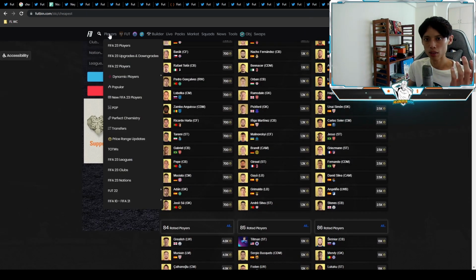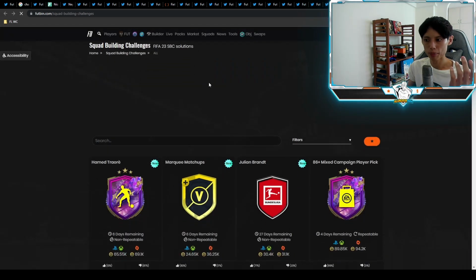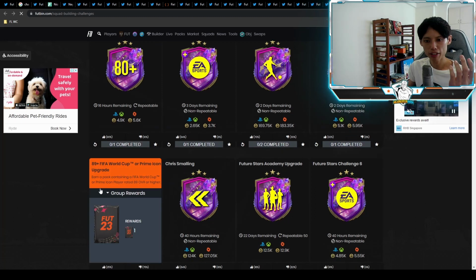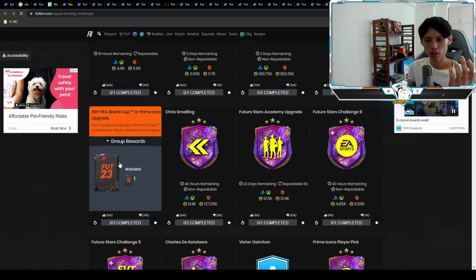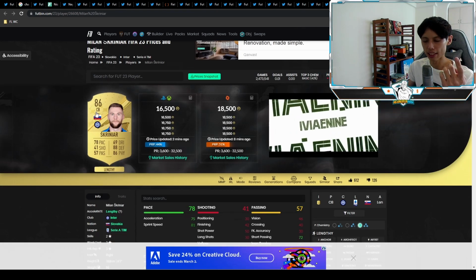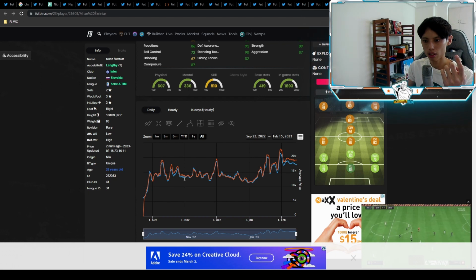Right, so I actually want to talk about the icon SBC. So let me just open up the tab. So the icon SBC, right? Yep, over here. They're actually gonna be refreshing on Friday at content drop. So let's use 86s as an example, right? So your 86s, previously,